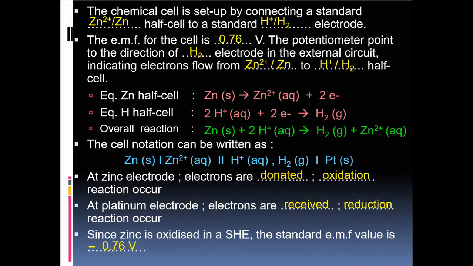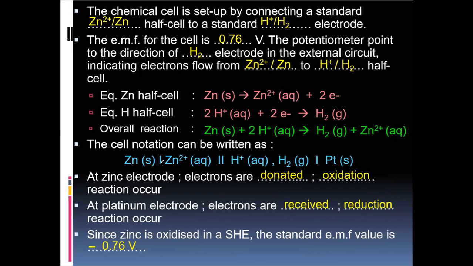So how do we provide a cell notation? Now, if you see this diagram here, what is happening here is oxidation, moving from 0 to 2+. So we write the oxidation half on the left here, Zn solid. This